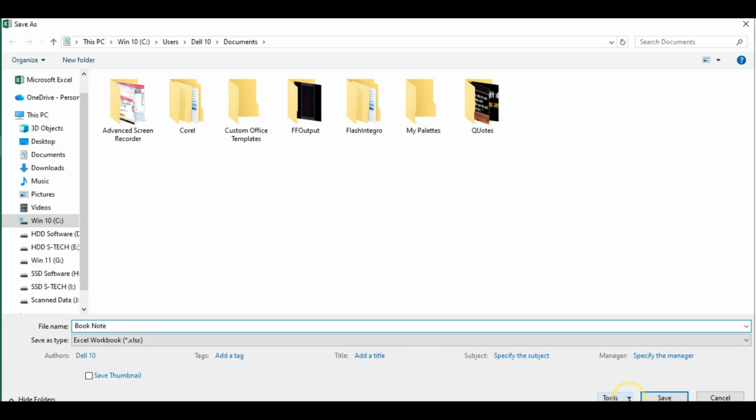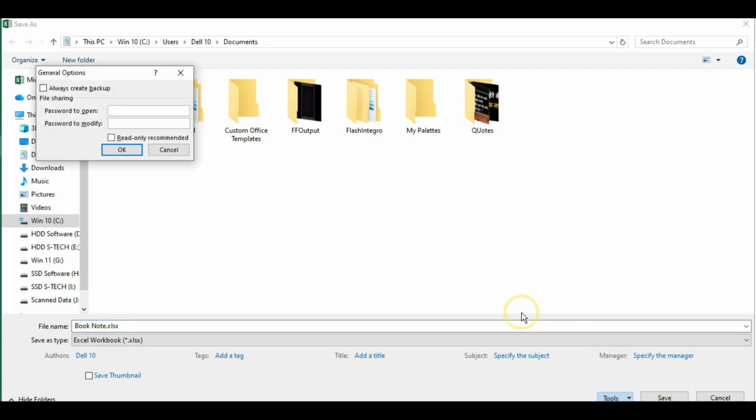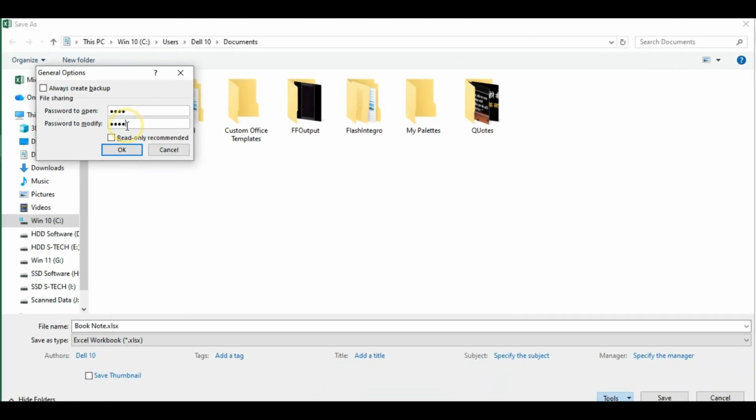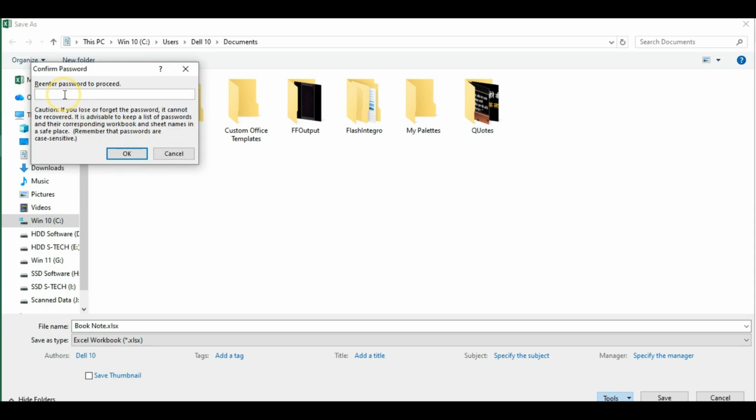and choose Tools and then General option and choose your password here and hit OK. Re-enter your password here